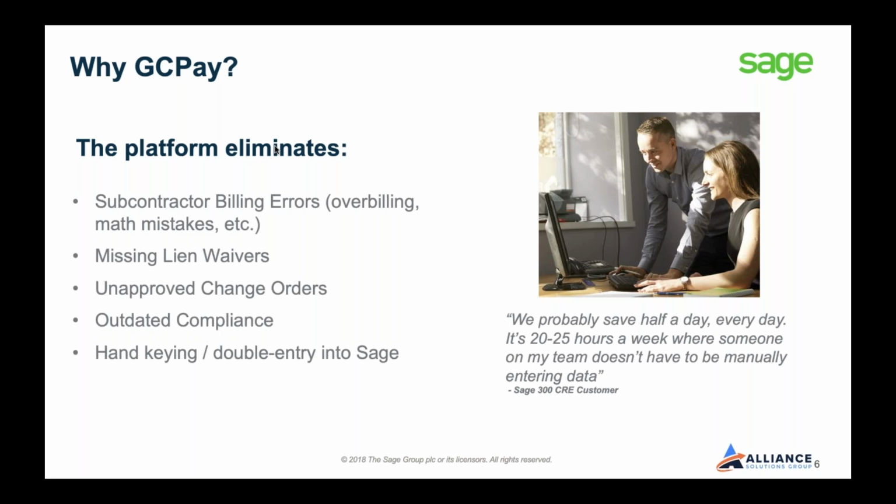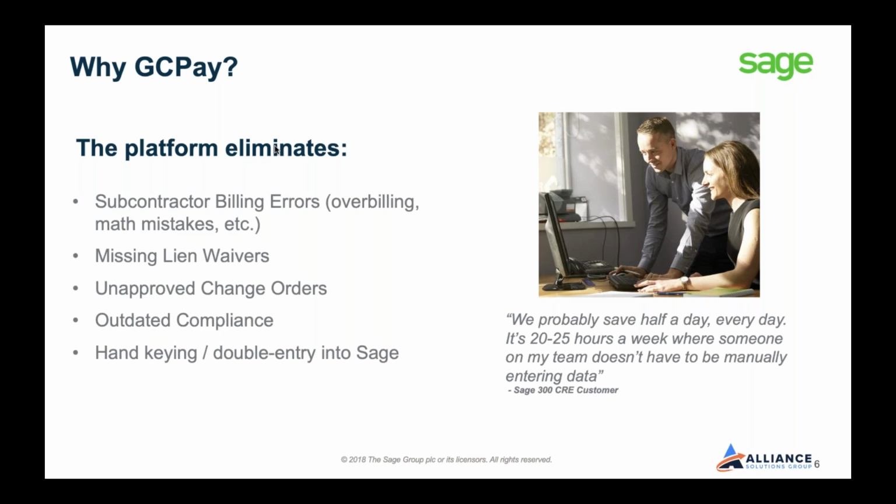And if the whole lien waiver aspect, whether this is conditional, unconditional, partial, final, whatever waiver it is, if you have issues not getting the right lien waiver when you need it, GCPay completely eliminates that. Marshall will show this on the demo, but right in the platform, you can require a subcontractor to submit a lien waiver along with the pay app. What this means is, again, your team never again has to worry about that lien waiver not being attached and having to do the whole back and forth manual communication to get it back.